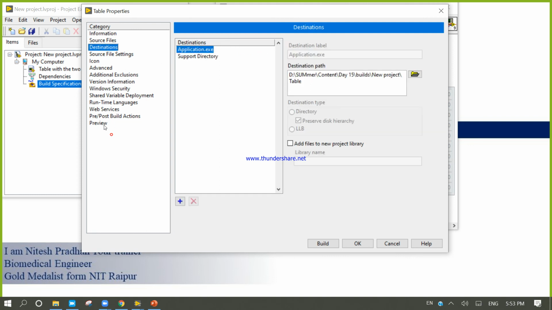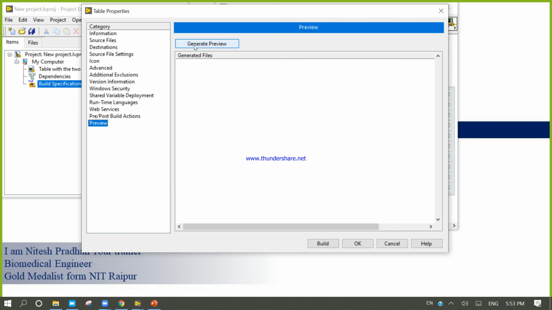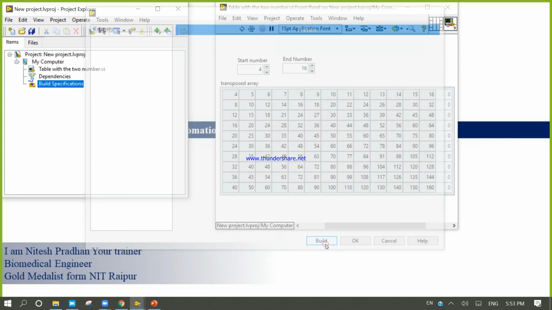Click on Preview, and you will get these three to four items: application.lli, configuration, initialization and the .exe file. Now try to build.